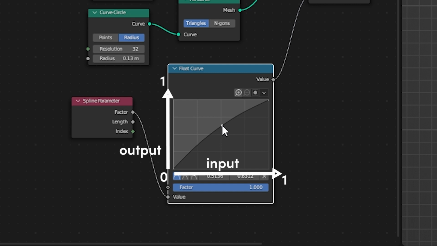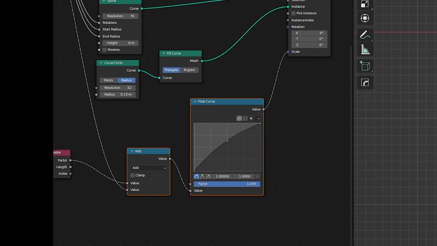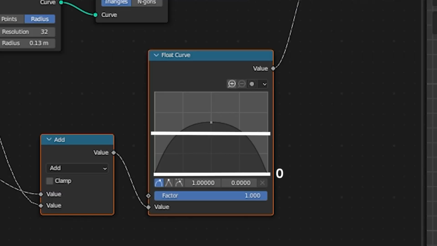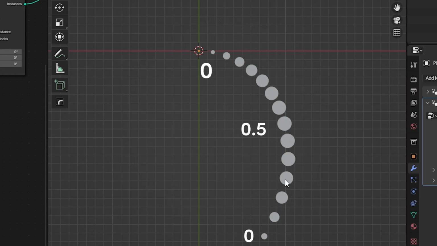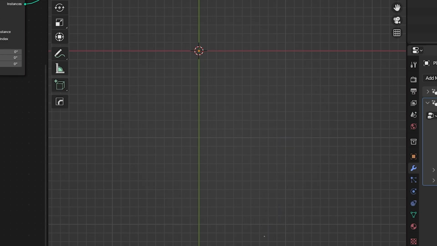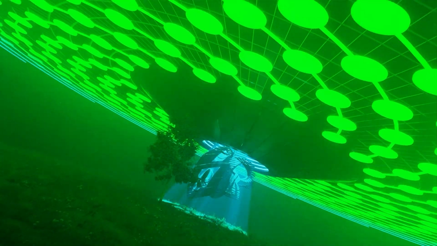In this case, the x-axis is like the length of the curve and the y-axis will be the scale of the circles. So if I bring this endpoint all the way down, this creates a bump in the middle where now the scale goes from 0 to something over 0.5 and back to 0. And so the scale of the circles goes from 0 to 0.5 to 0 as they go up the curve. This is how I animated the circles to pulse in and out, but for now I'm going to keep that